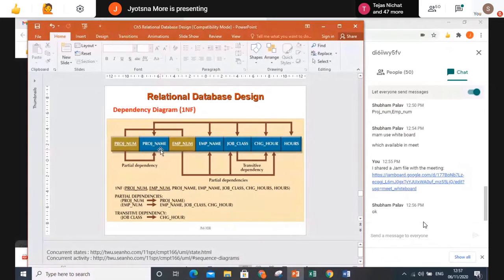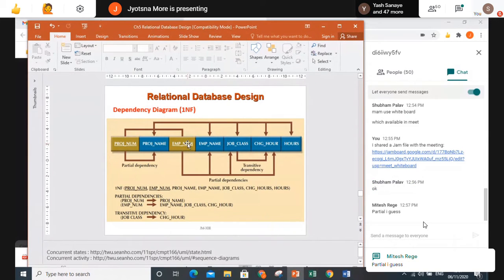Okay. Our candidate key is what? Project number and employee number. That is our key attribute now. Primary key. Candidate key means this together is a primary key. So if these two are determining something, it is a fully functional dependency. Now clear? If any part of this is determining a non-key attribute, then it is a partial functional dependency. Okay? So partial means part of the key is determining something.